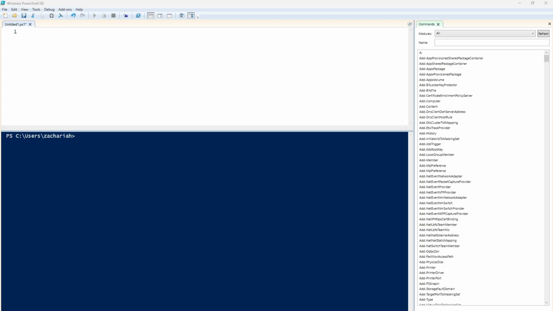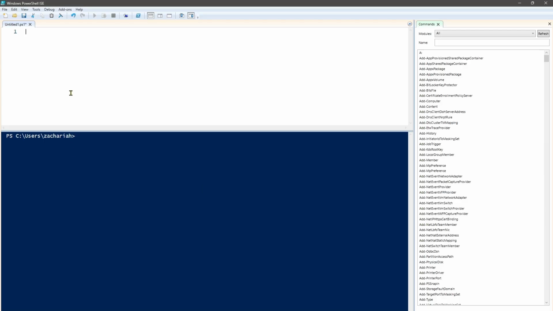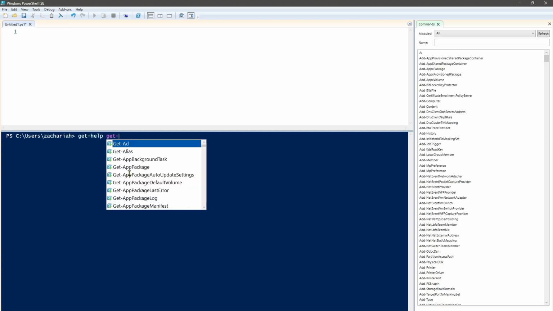So the next thing is you don't need to memorize everything in PowerShell to be good at PowerShell. One of the things that really unlocks everything in terms of learning how to use PowerShell is you can use the get help command. So I'm going to use the terminal instead this time. So get help, you can use it for any command, and it will